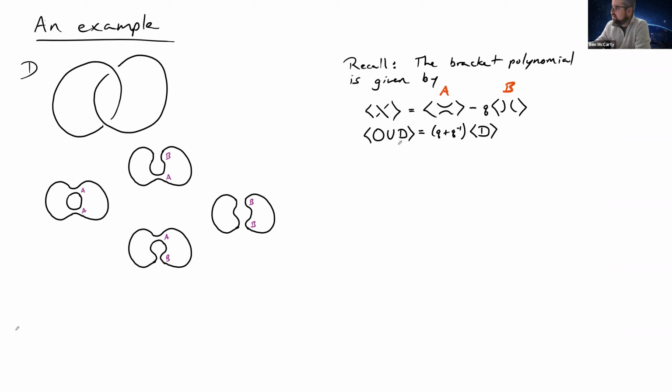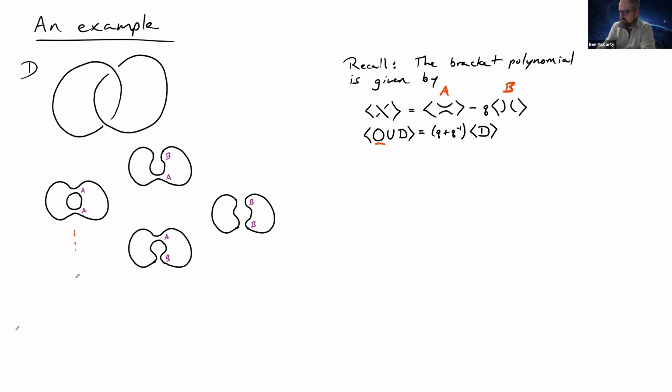And every time we remove an unknotted loop, we're going to pick up a factor of Q plus Q inverse. Now, you could compute this entirely recursively, but often it's convenient to just resolve all of the crossings. And I'm going to organize these things in a way that's going to be suggestive of what's to come later. I've got here in the first spot the all A smoothing. In the middle two states, I have states with a single B smoothing, and then I have the all B